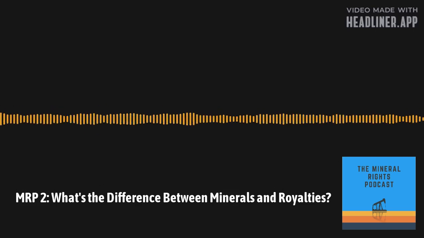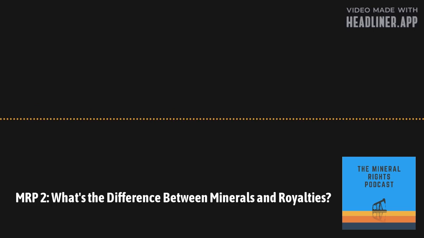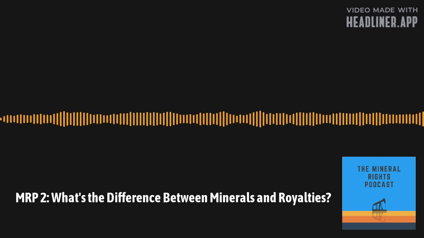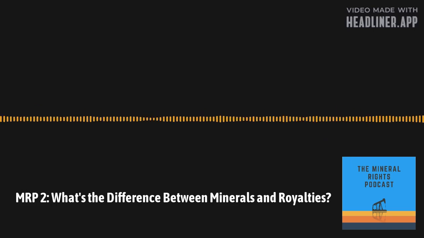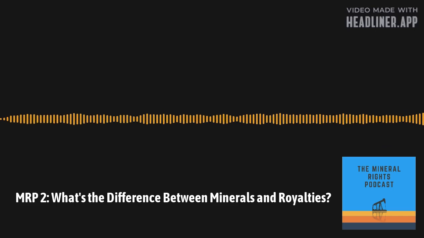The next type is severed minerals. Many states in the U.S. allow mineral rights to be owned separately from the surface rights. And when this happens, it's called a split estate. This occurs when the original fee simple owner transfers ownership of only the subsurface minerals or just the surface rights